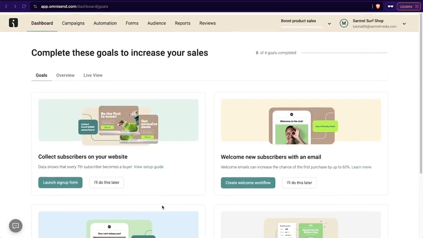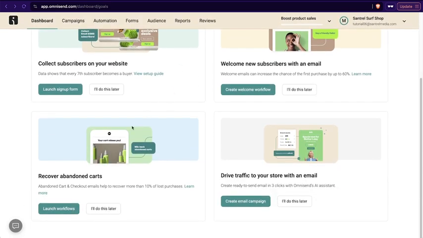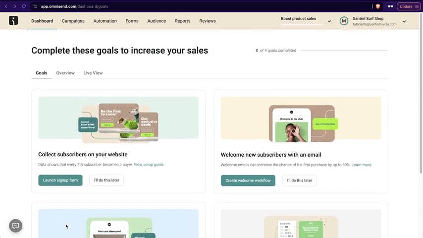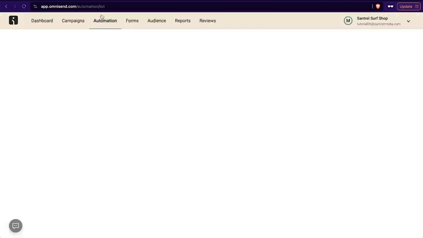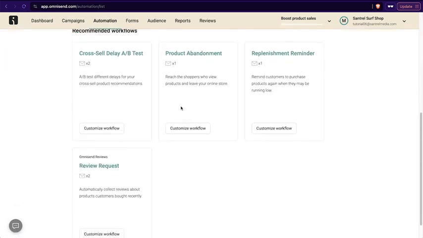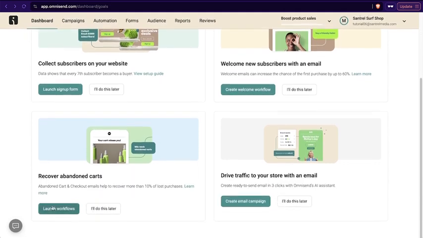Now, I'm not going to spend too much time diving into all the intricacies of OmniSend because there really is a lot you can do, but just giving you a high-level overview, let's launch workflows here. So abandoned cart is going to be down here. Additionally, you could access this from going up to automation on the top. If you go to automations, we can make one for an abandoned cart, product abandonment right there. But let's go through the dashboard here, okay? So let's click on launch workflows,